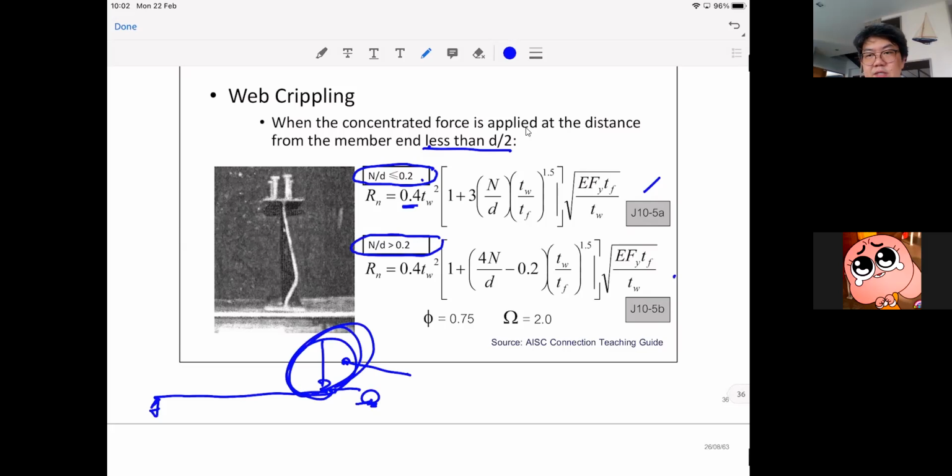Because tomorrow we will talk about the design of the column, so you would know the size of your column. And then once you have the size of the column, you would know the size of your base plate as well. Remember, last year